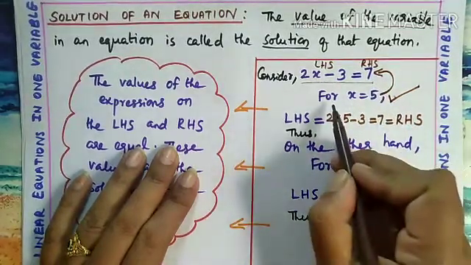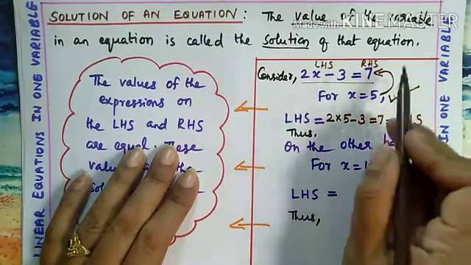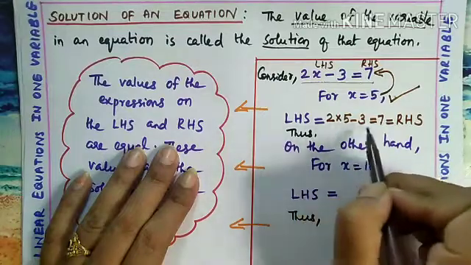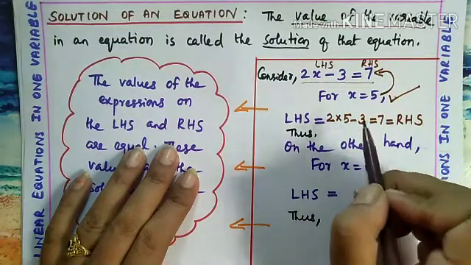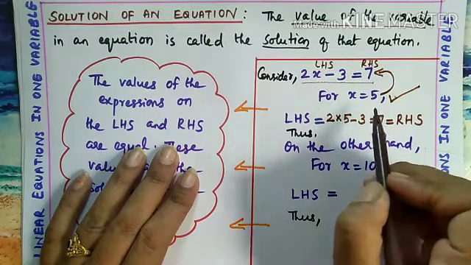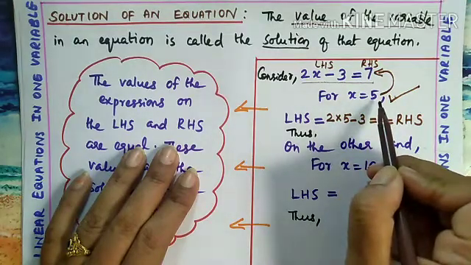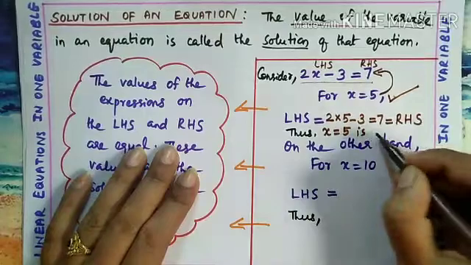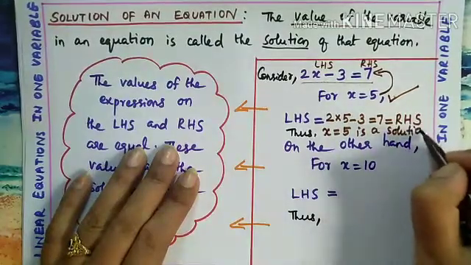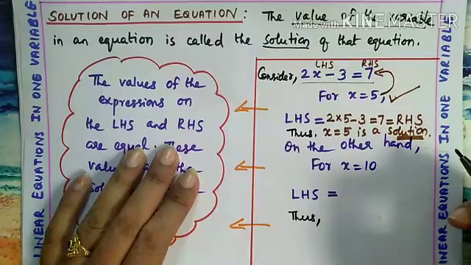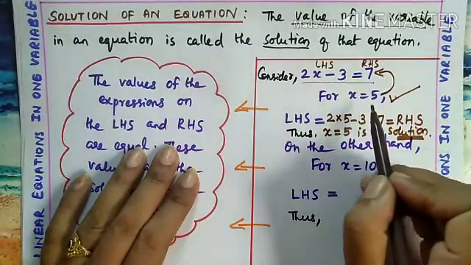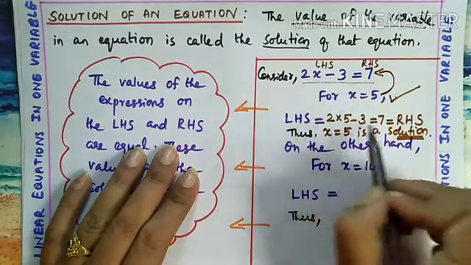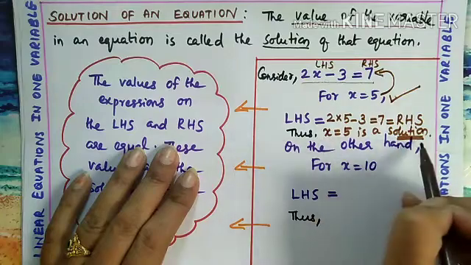Okay. So for this given value of x, we checked in our given equation and both LHS and RHS are coming equal, so we confirmed that this x equal to 5 is a solution. So how will you conclude? Thus x equal to 5 is a solution. Understand children how to check the value? Yes, very easy. For the given value of x, you put it in the equation, apply the operations properly, and you will get LHS equal to RHS. So it is a solution.